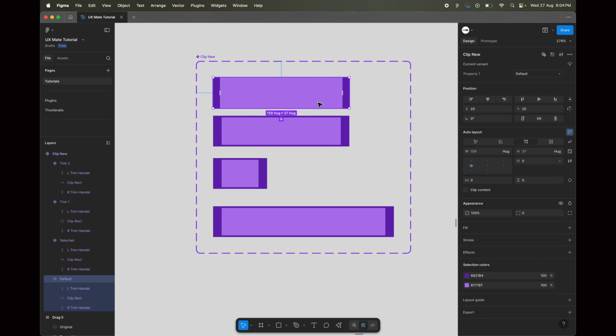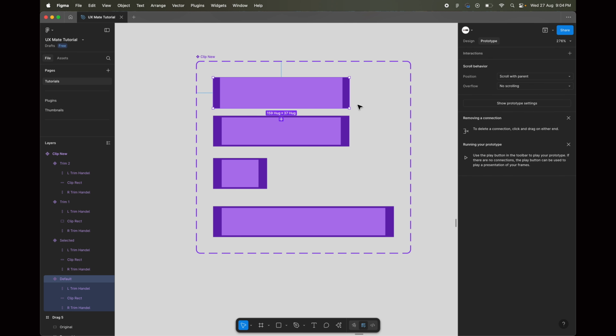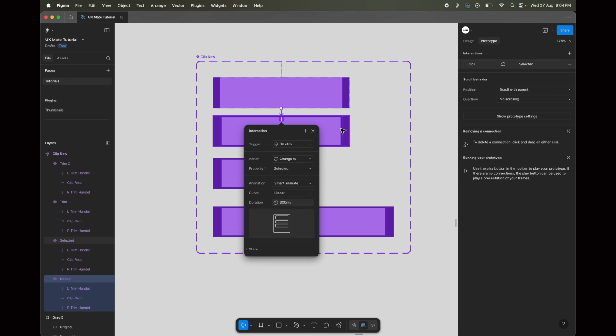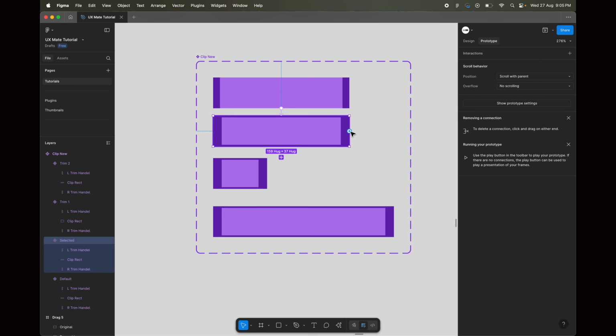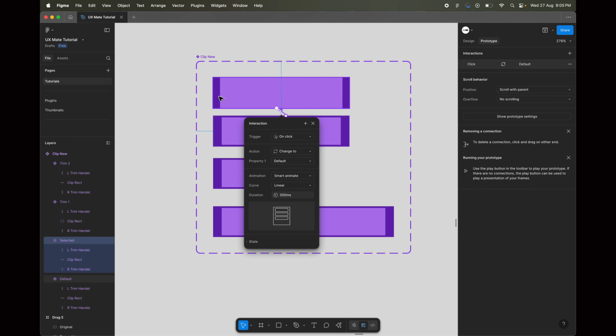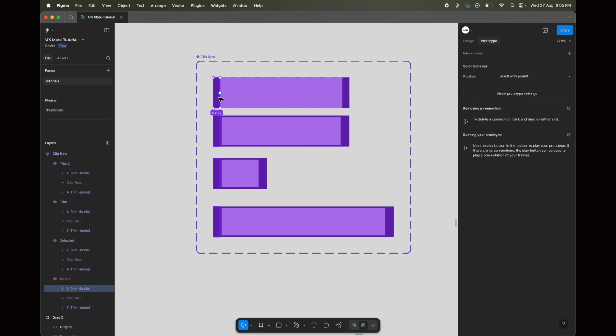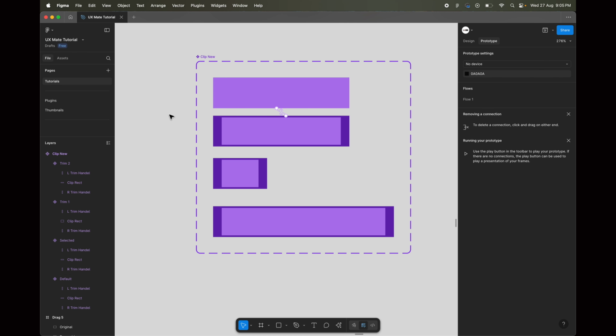Okay, so on the default variant or default property, I'll go to the prototype and I'll create the interaction. Now you would have guessed it already what exactly we have to do. Yes, we have to create a simple on-click interaction that will change the state of this clip from the default to selected. Okay, we will also do the reverse as well from the selected to the default, and just to make selection a bit more prominent, we can also change the color of the trim handles to the color of the clip